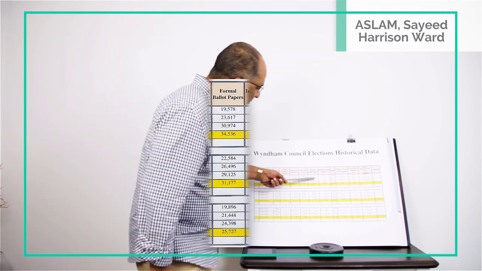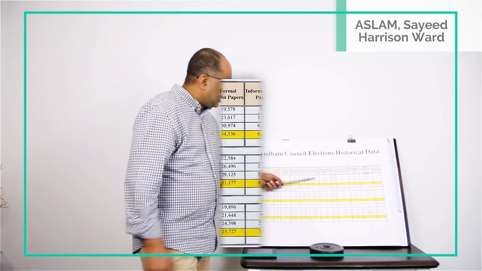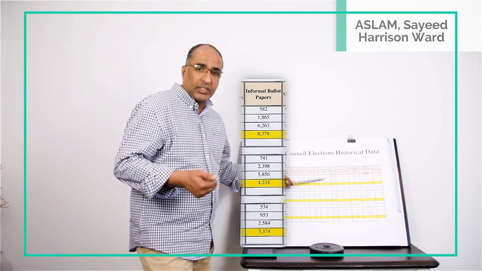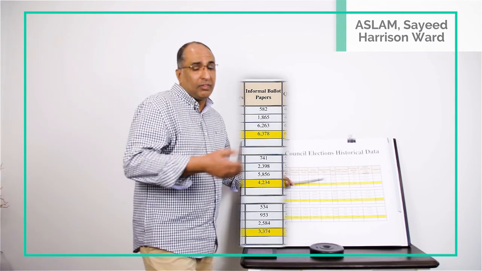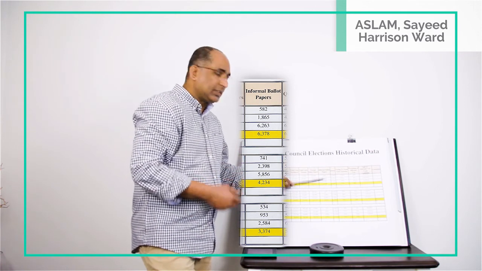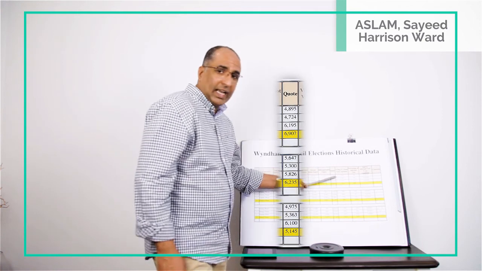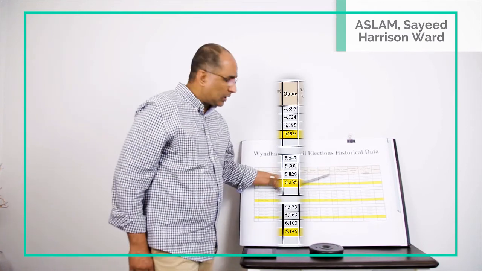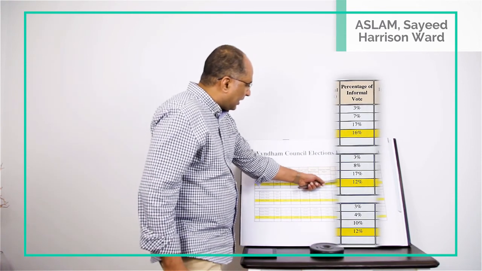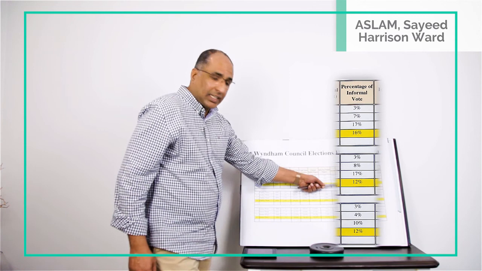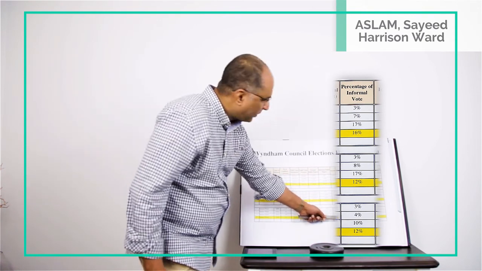Now, the formal ballot papers are those which are accounted for, or considered, in the quota. An informal ballot paper is one which had some mistakes or was not properly voted. I will explain further down in the video the difference, with the help of examples. I'll explain what a quota is in the next sheet. But if you look at the percentage of informal votes, that's quite high: almost 17% in the last election in Harrison, 17% in Sheffy and 10% in Iramo.